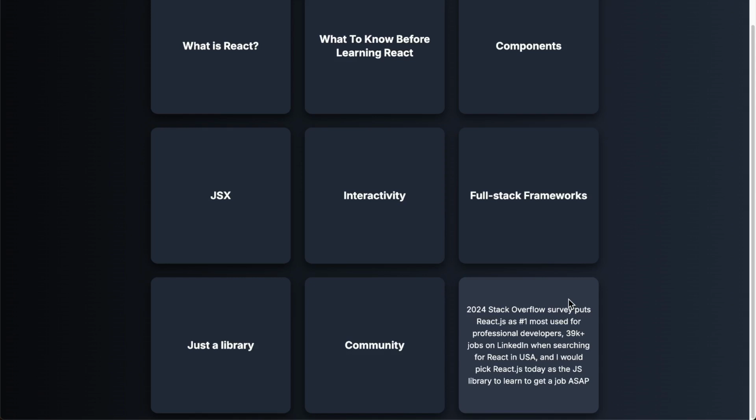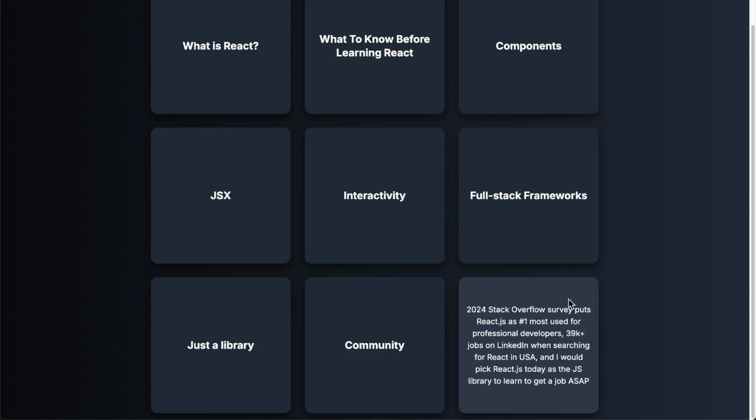And in searching LinkedIn in the USA, which is where I'm located, for React.js, you see 39,000 plus open jobs there. Now, of course, not all those are going to be like entry-level jobs, and there's like running jokes that entry-level jobs these days require like 3 years of experience, but that's a whole nother topic. But what I'm saying is that when it comes to JavaScript libraries, I think React is definitely towards the top, if not the best, by a pretty decent margin in terms of job outlook. And if I was looking to get a job as soon as possible, React would be my JavaScript library of choice.